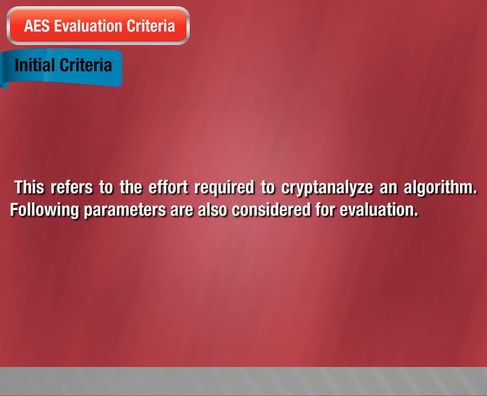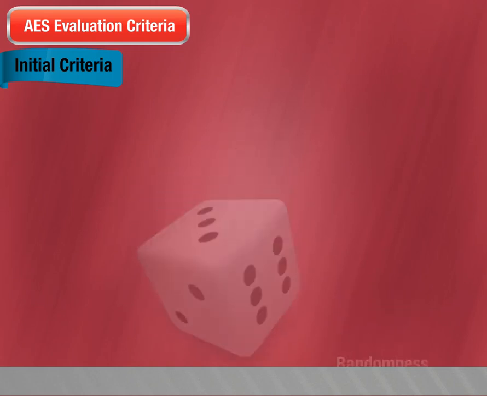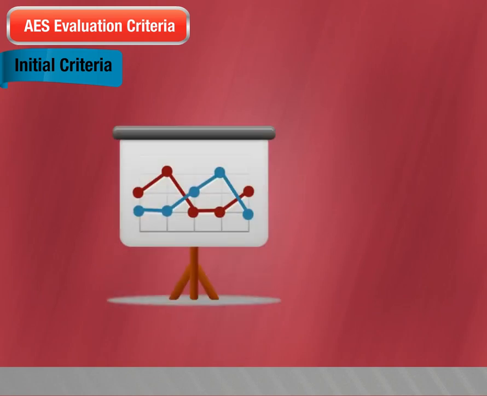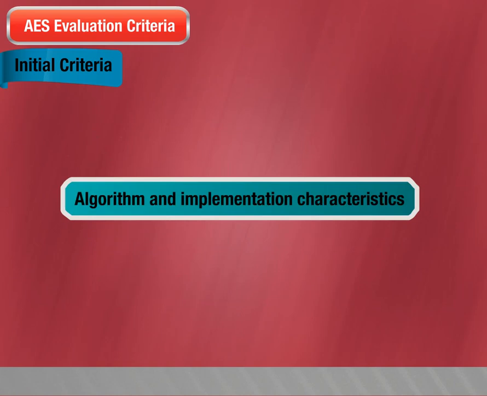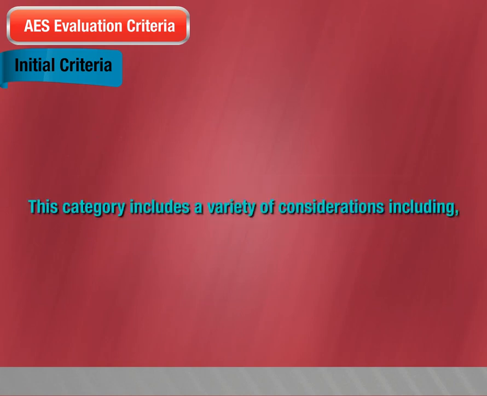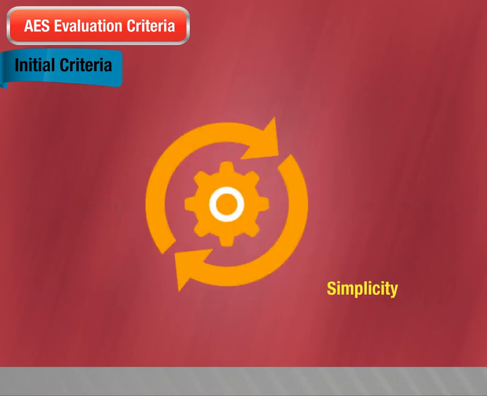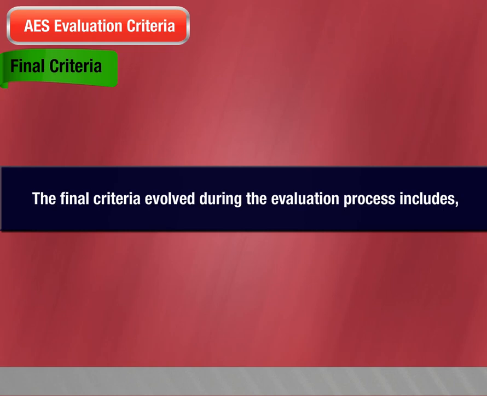Security. This refers to the effort required to cryptanalyze an algorithm. The following parameters are also considered for evaluation: actual security, randomness, cost, licensing requirements, computational efficiency, memory requirements, algorithm and implementation characteristics. This category includes a variety of considerations including flexibility, simplicity. Final criteria. The final criteria that evolved during the evaluation process include